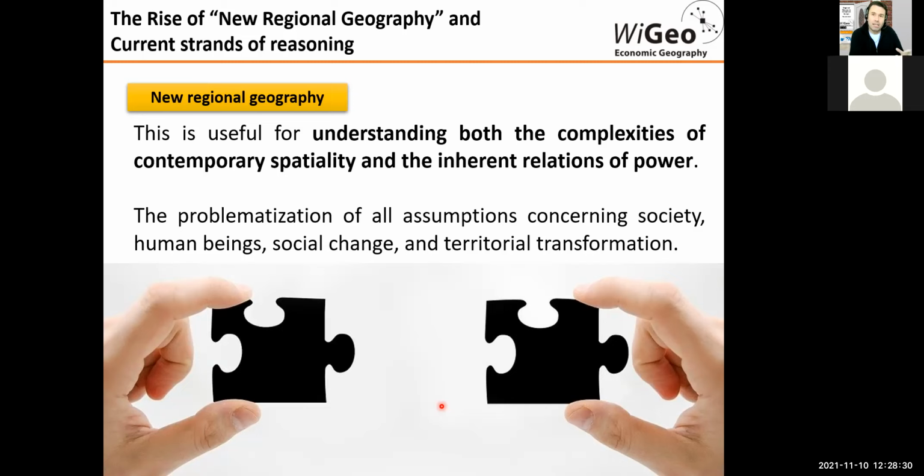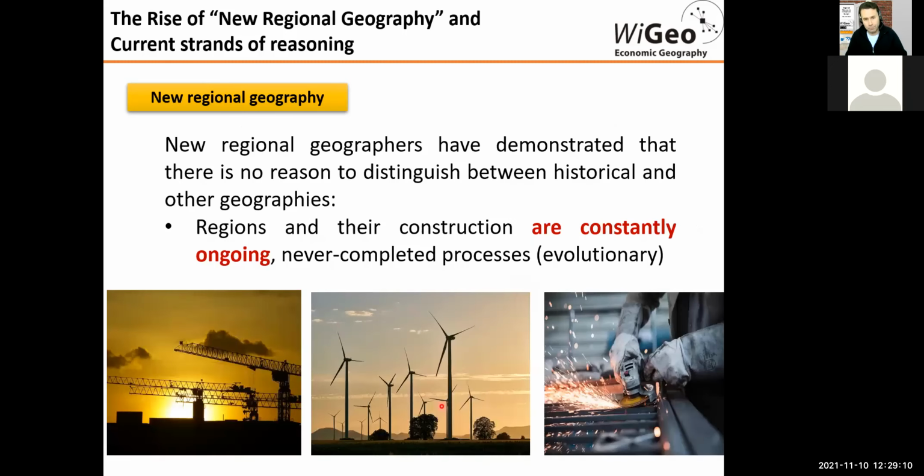So I'm trying to really help you to make a distinction between what we have been talking about until today, and this step towards this new, more concerned regional geography with the issues of our time. And this involves, again, an understanding of all the human activities that take place in a defined geography. But again, sometimes this defined geography is defined through discourses only, or also through interactions between people in the social context. So again, I go back to the work of the regional geography, which is